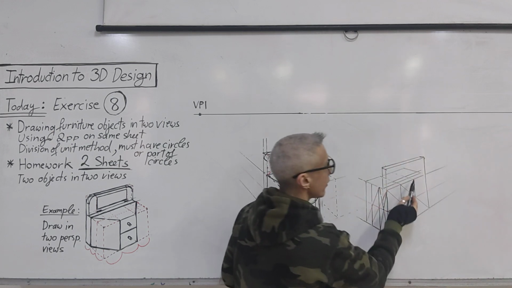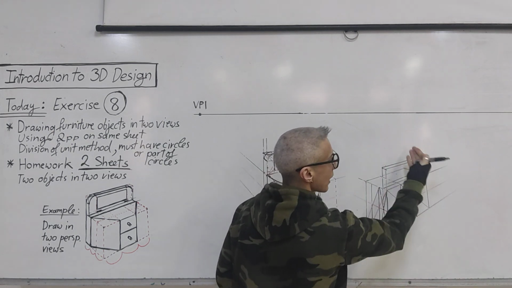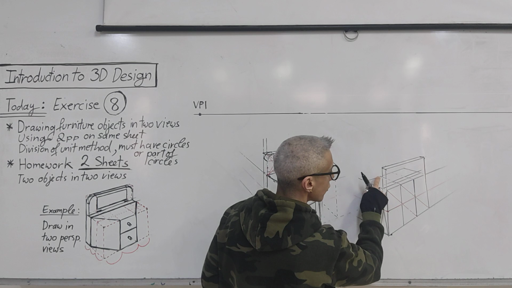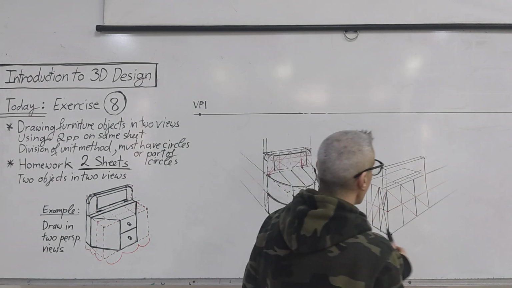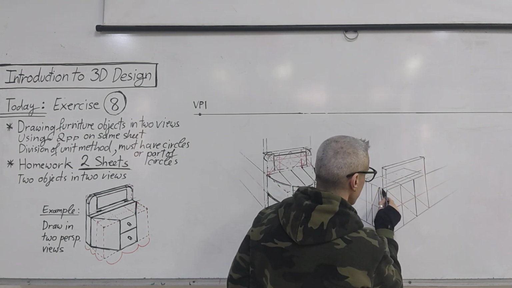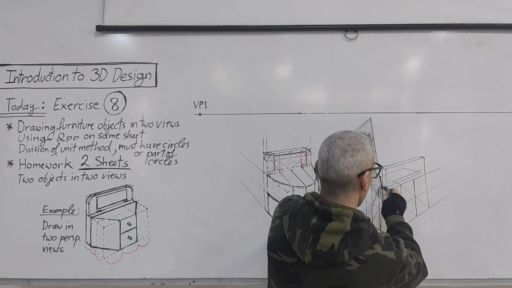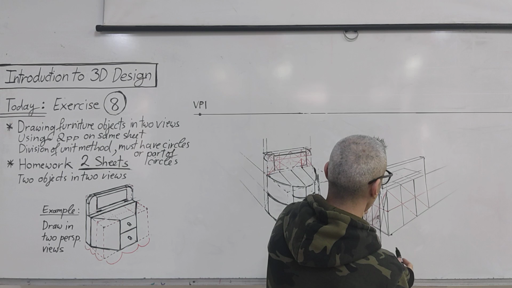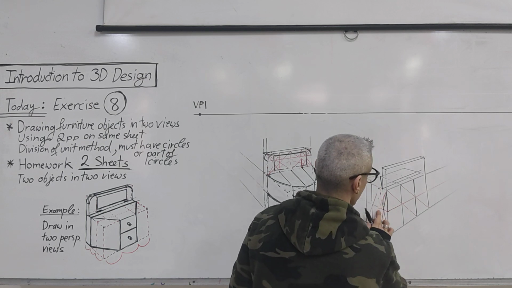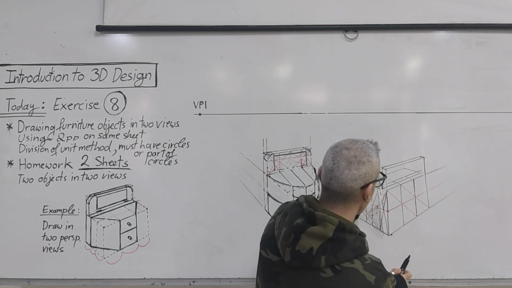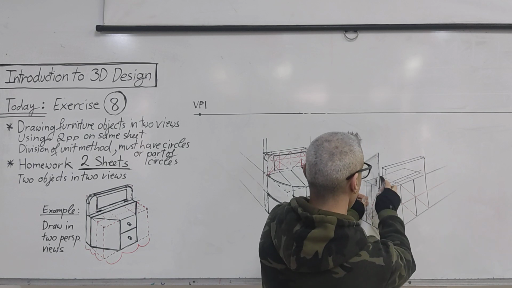Now here, this line will be hidden behind this. This line will be hidden, only this part will be seen. So, from this corner here to this corner, and then here we have a lot of lines, so we cannot see where, but from this corner down straight,